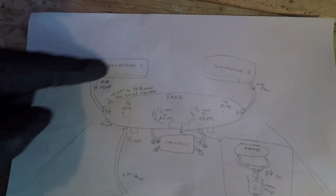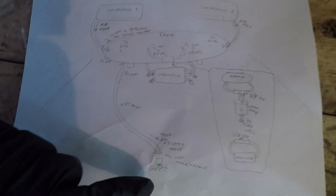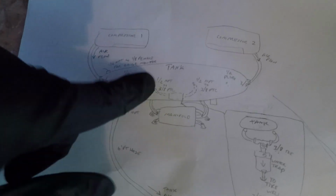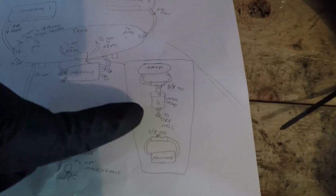We've got the tank right here, connected with the 2 compressors. Airflow is coming out through here into each of the plugs. Here's the hose that's going outside of the car, and there's that little ring I told you about, so I could pull that ring and manually empty all the air out of the tank. Here's the manifold that's going to connect to the tank and the ports that are going out to each bag. And right here in